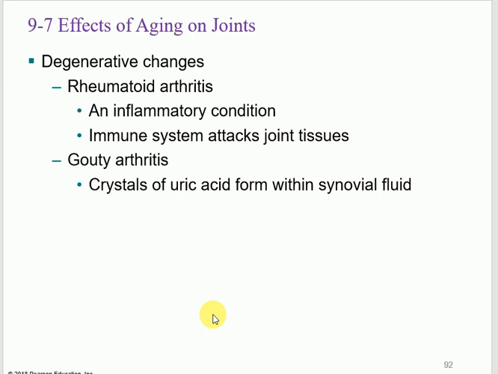Gouty arthritis, on the other hand, is an extra amount of uric acid that leaves the bloodstream and goes to deposit in the joints, starting this inflammatory reaction. They used to call it the royal family disease, the king's disease. Did you hear about this? King's disease, disease of kings, disease of the royal family. Did you ever hear about something like that?